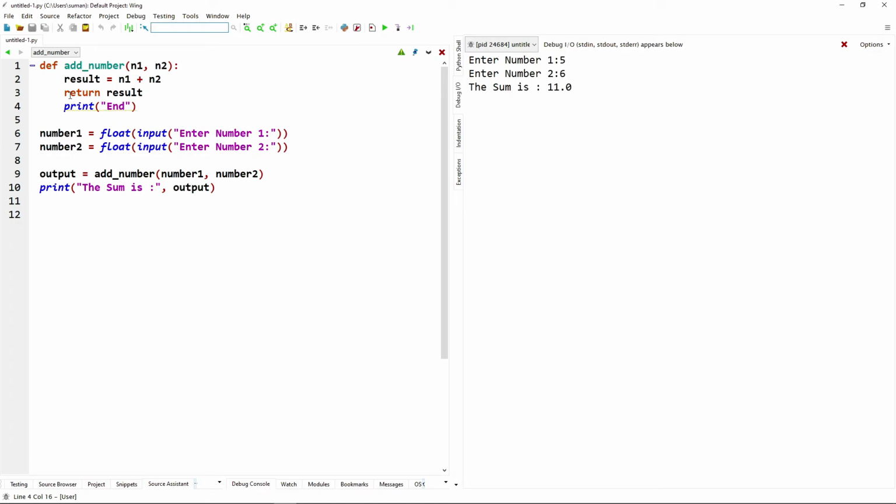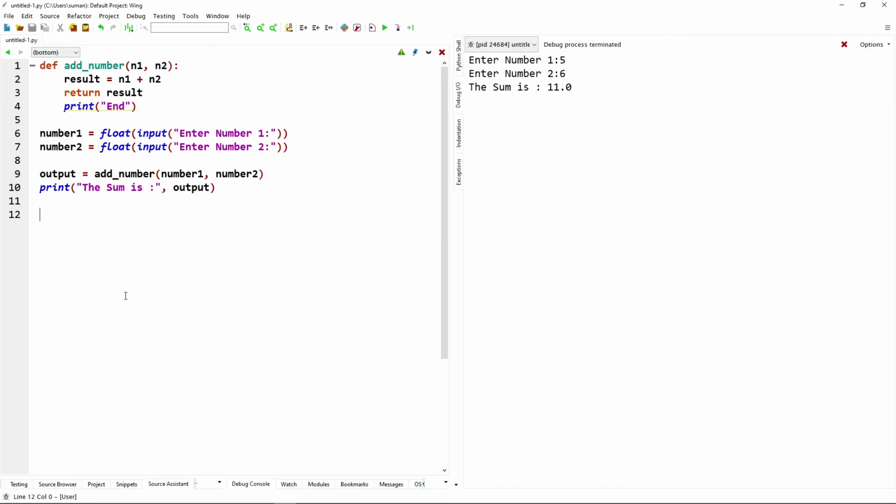Why? Because after return result, the control of the function goes back to the add_number from where the function has been called. Here the print statement, that is the end, does not execute, as when the return statement is encountered, immediately the function terminates and control of the program goes back to the point from where the function has been called.